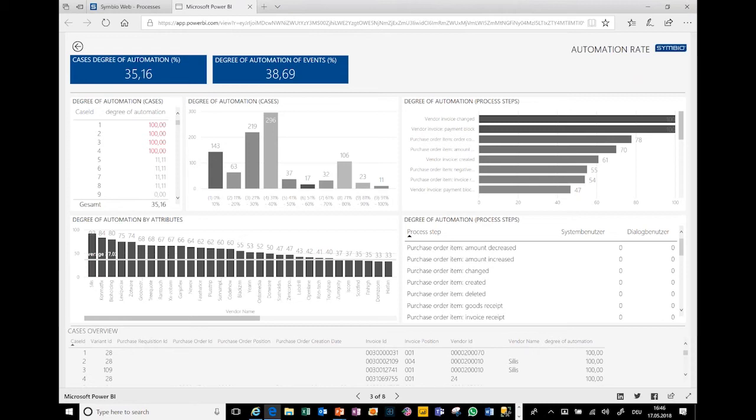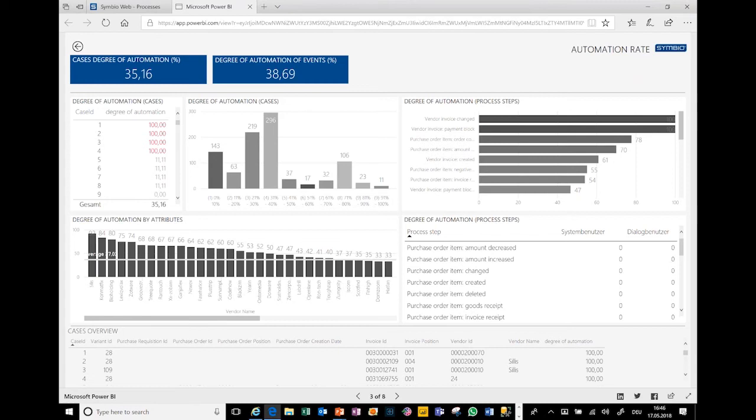So you would see a degree of automation of your process, because the system knows if a certain activity has been completed by an employee or by the system, and because we have this data, we can then come up with insights around this automation rate.